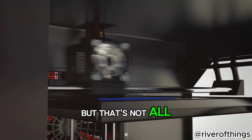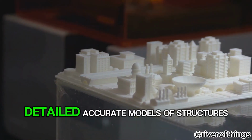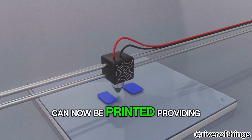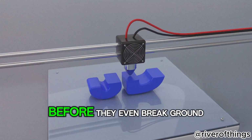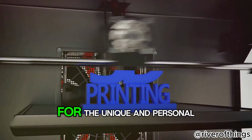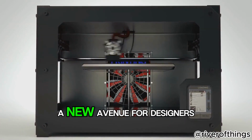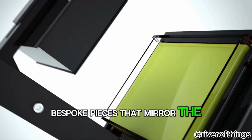But that's not all. The realm of architecture, too, has embraced 3D printing. Detailed, accurate models of structures yet to be built can now be printed, providing a tangible visualization of architectural marvels before they even break ground. Then there's the world of fashion and jewelry, an industry known for its flair for the unique and personal. 3D printing has opened up a new avenue for designers to create intricate, bespoke pieces that mirror the wearer's personality